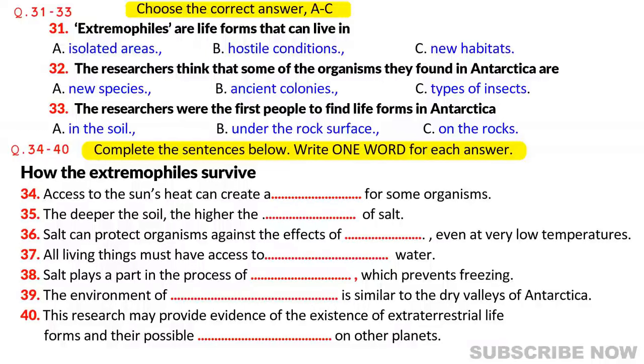The team found that the salt concentration increased the deeper down they went in the soil. But while they had expected the number of organisms to be fewer down there, they actually found the opposite. In soil that had as much as 3,000 parts of salt per million, relatively high numbers of microbes were present, which seems incredible. But the point is that at those levels of salt, the temperature could drop to minus 56 degrees before frost would cause any damage to the